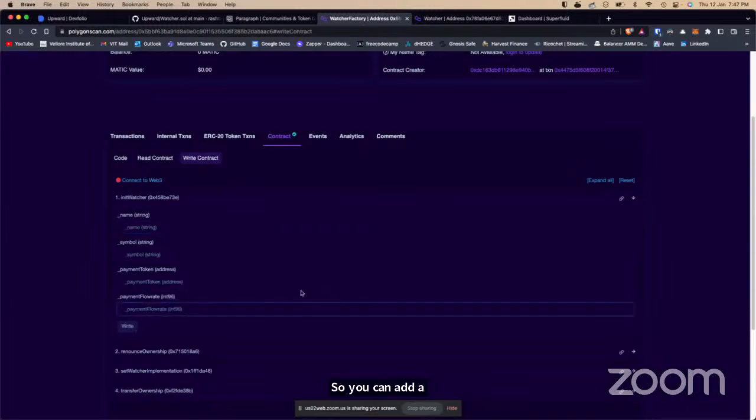You have to convert it into number of tokens per second. So for example, if you want to get, let's say, $1 per month, you have to convert it into number of tokens per second, right? Divided by 3,600 into 24 into 30 and all that math. But yeah, once you do it, just click right and it will deploy